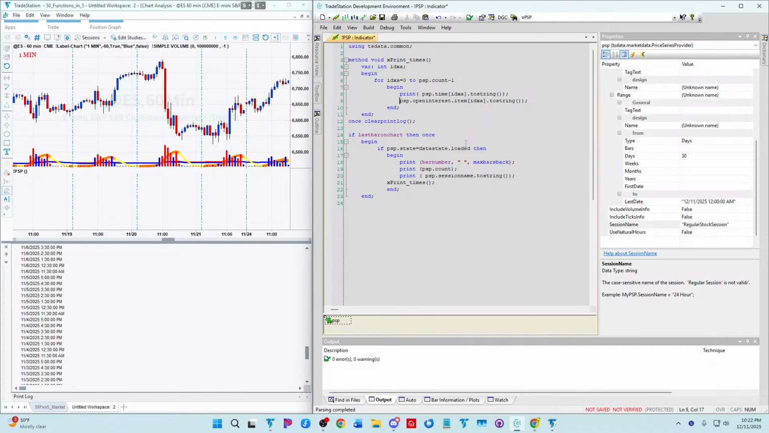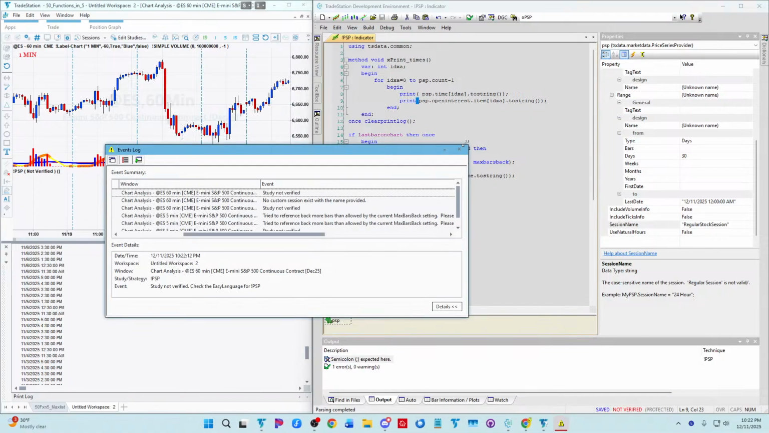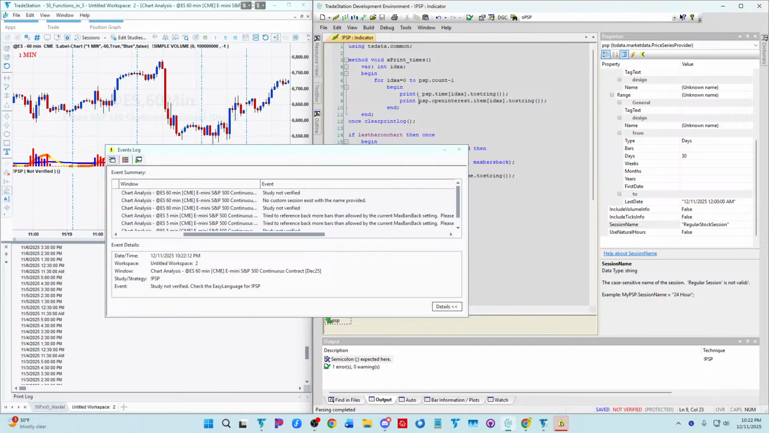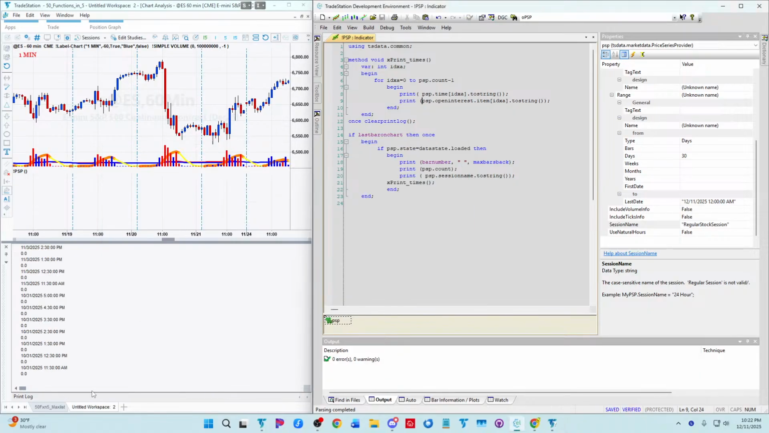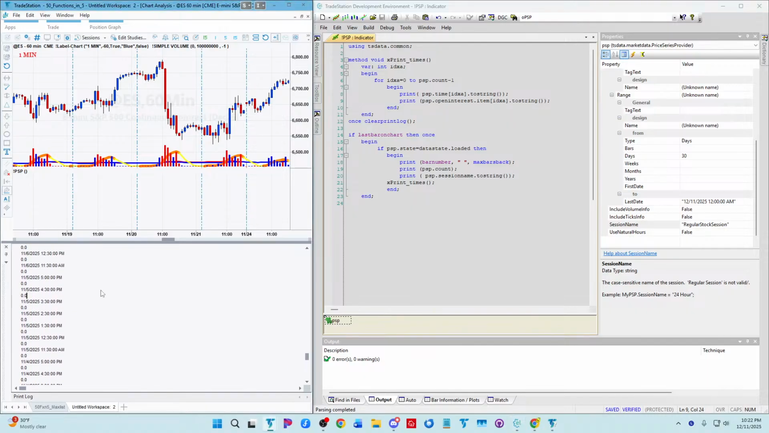Let's see. Oh. Yeah, open interest is shown as a bunch of zeros. Yeah, but I'm gonna work on that. I'm gonna work on that session name, and maybe I'll have a quick little video to add to this one,